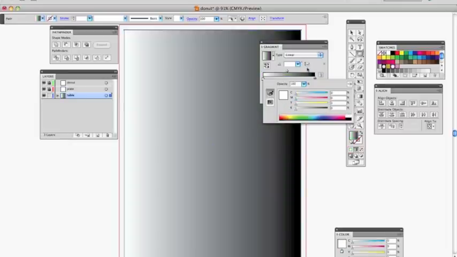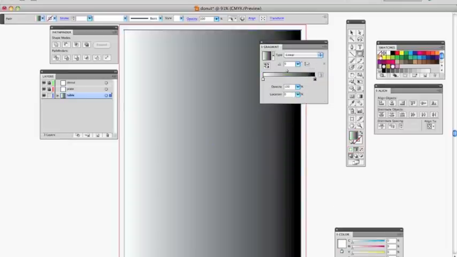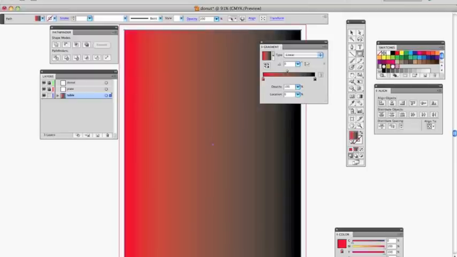Okay. The other option, and this is perhaps an easier option, is simply to click on swatches and drag that color down to there. Now you'll notice this transition from red to black is not a particularly good transition, because as our red starts to fade, we come to black, but our black is starting to fade, and so we're getting kind of this muddy